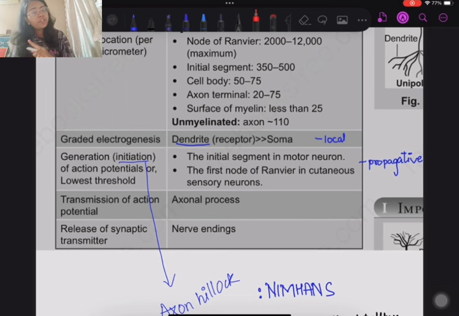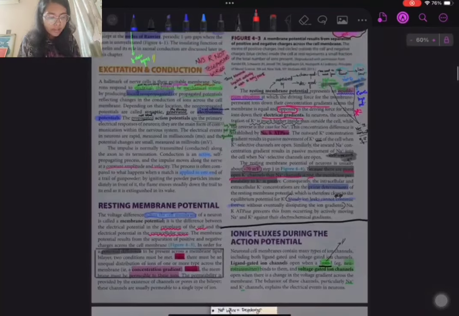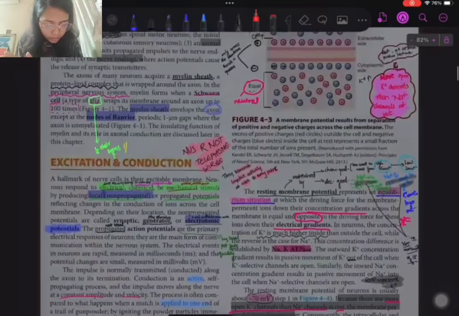Dendrite is for local potential, and initial segment plus axon hillock is for propagative action potential. Transmission is through the axonal process and release of synaptic transmitters is through nerve endings. Got it? Then